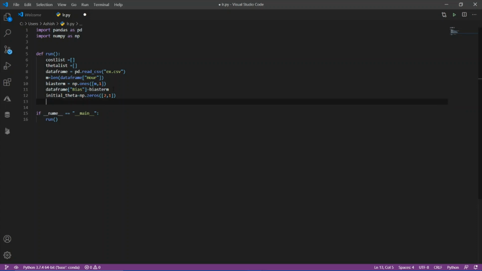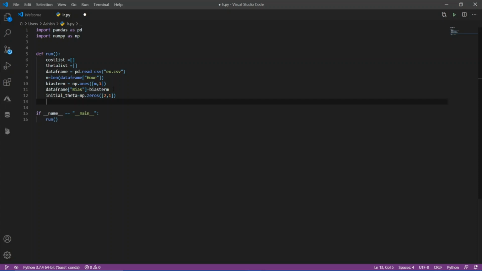So after defining our initial theta, in Python, if you need to do some mathematical operation on a number of things at the same time, then it is better to use a NumPy array. So here I'll also be using the same thing. I'll convert my data frame into NumPy arrays individually.